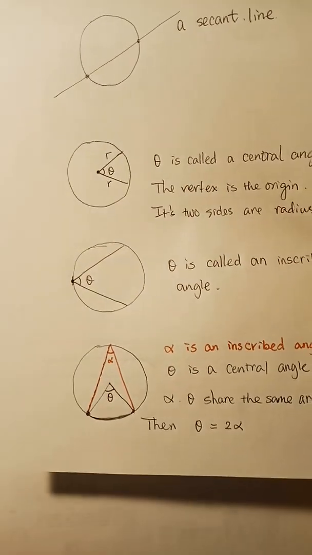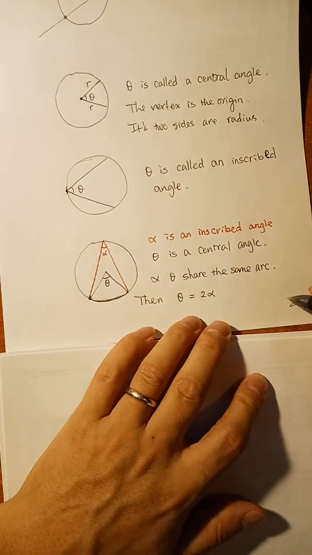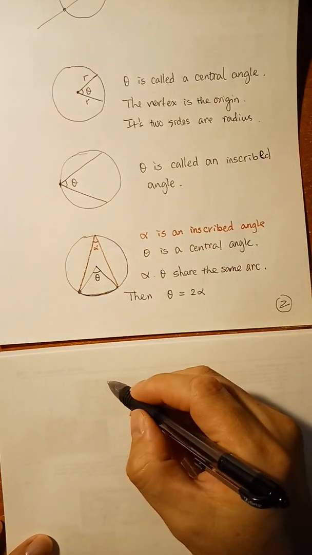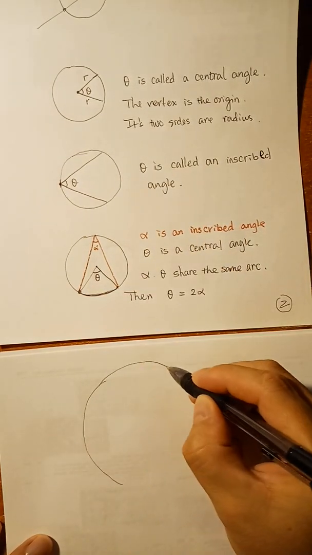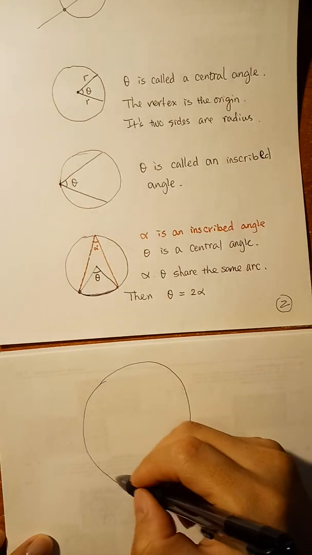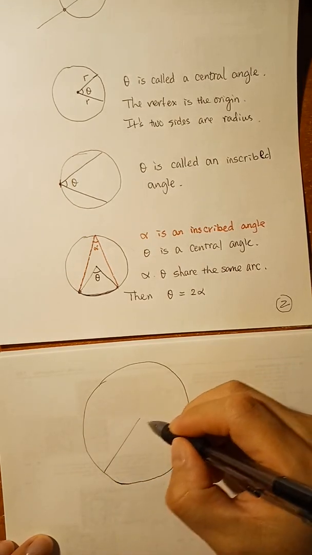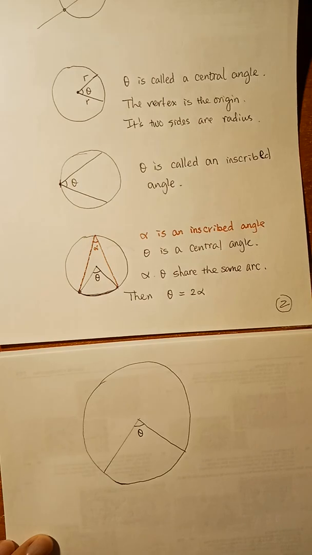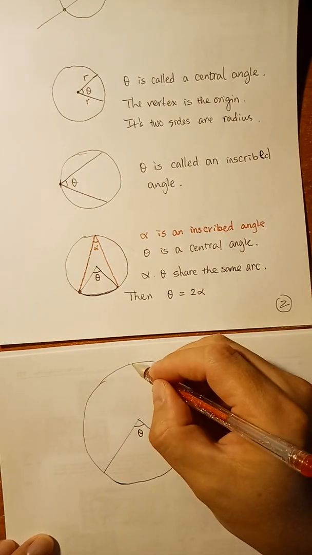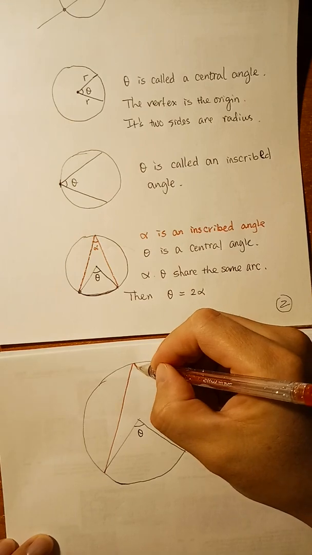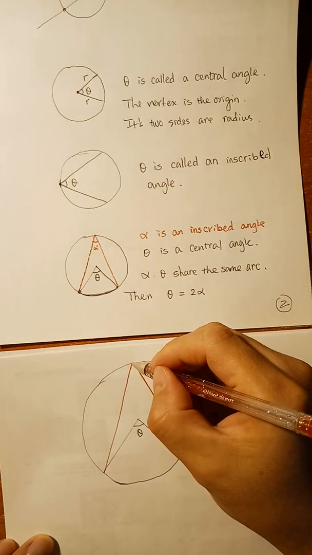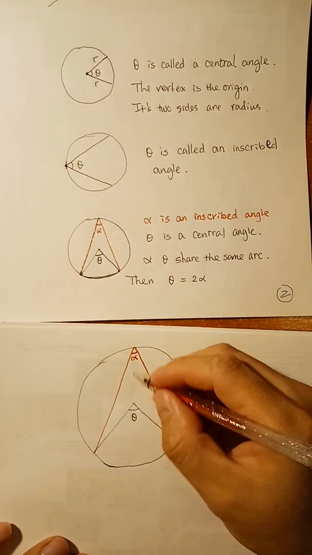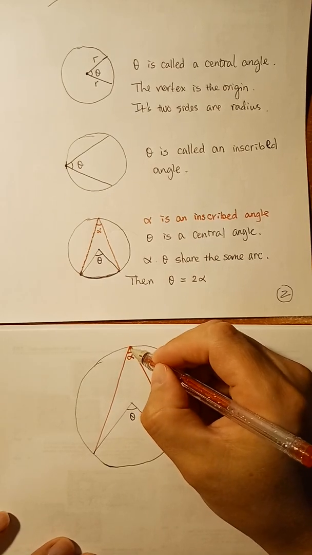So let's see how we prove it. This is a theorem, and we're going to prove it. How do we prove it? Let's make the picture bigger so that we can see it clearly. It's difficult to draw a better circle. This is theta, and this is alpha. In order to show theta is 2 times alpha, we first connect